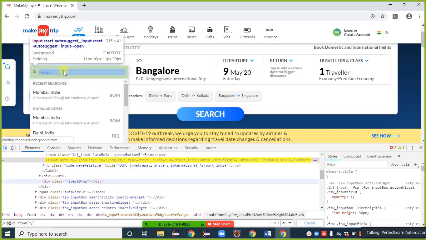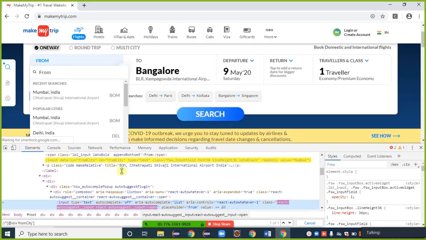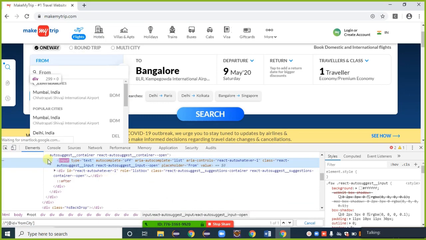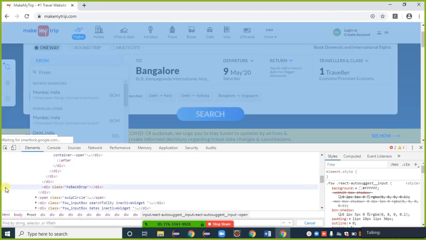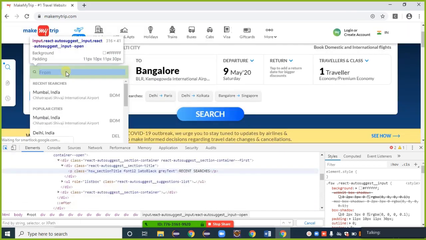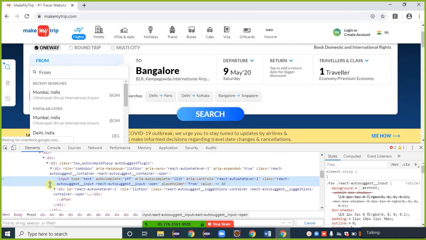Inspect that one here. This blue line highlights the total text area. Here, there are a number of attributes with values available.